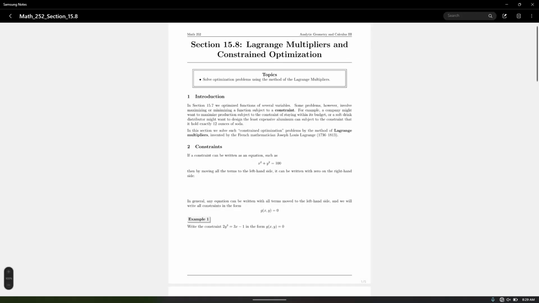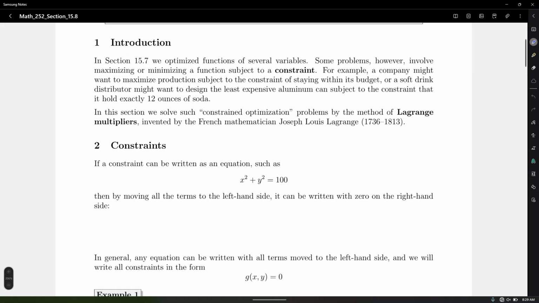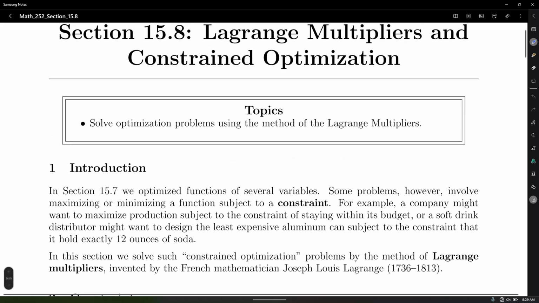Okay, let's talk about 15.8. That is actually the last section for this chapter before we get to chapter 16. If you were not here last time, I still have a few extras of these notes. Okay. All right, so let's talk about